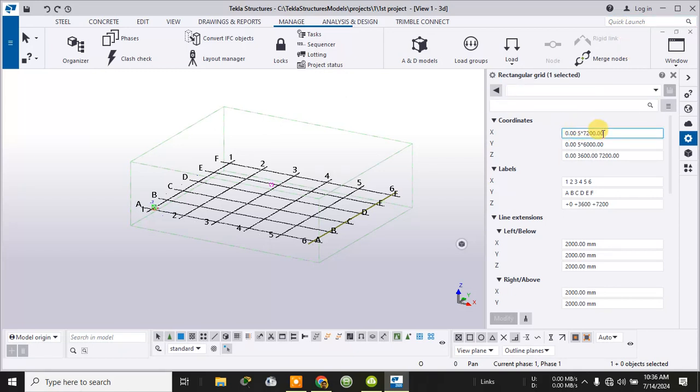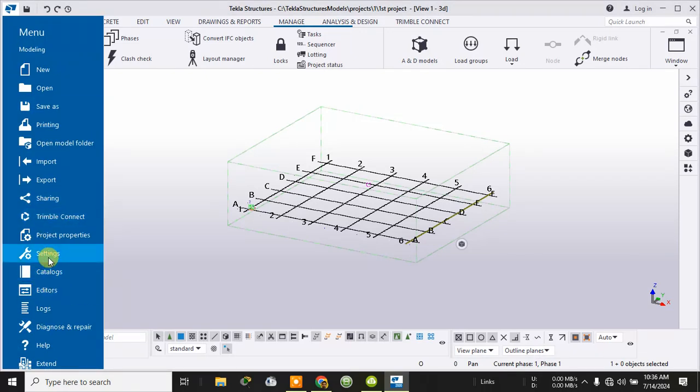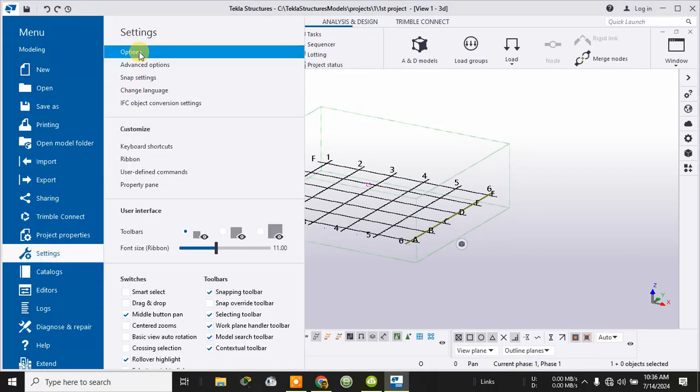So let the unit be in mm only, or else, as I have shown in my second video, you can set the unit by going to the settings part, then to the options part,